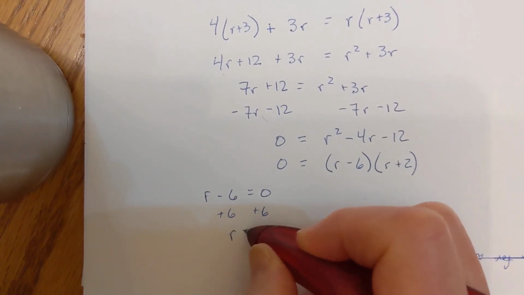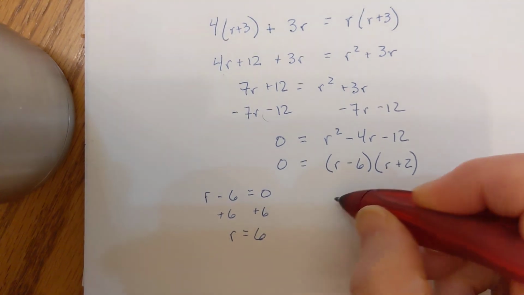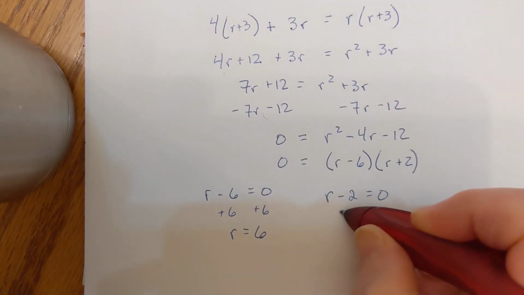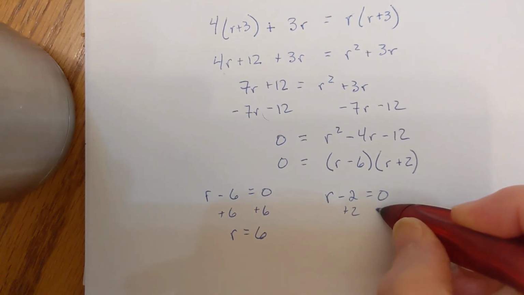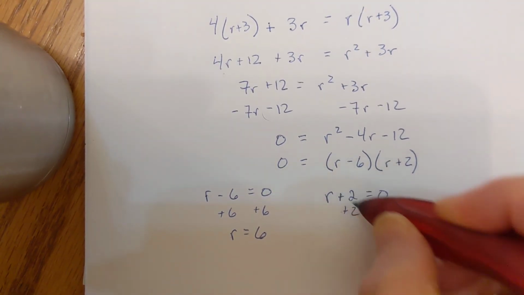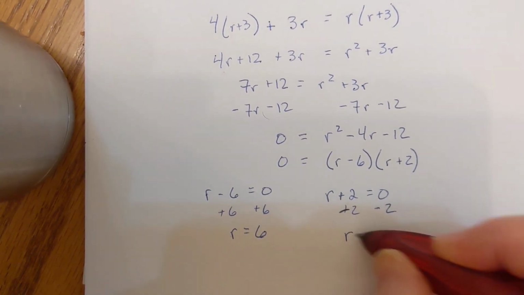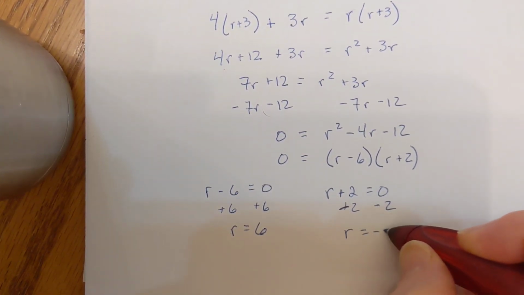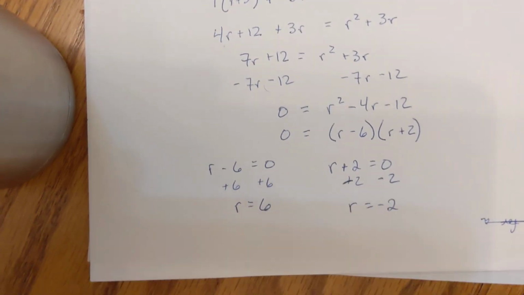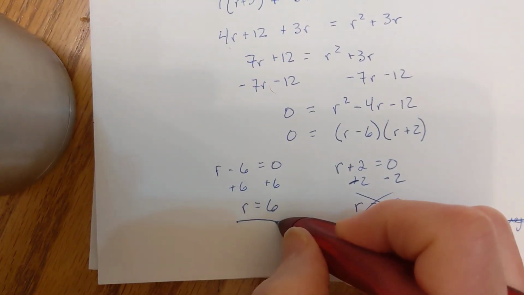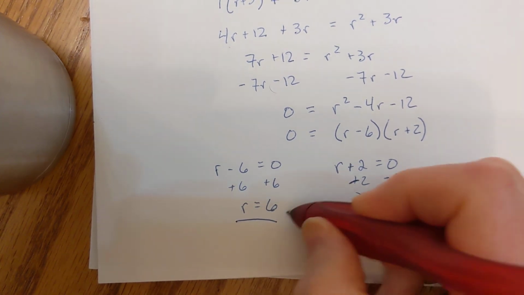Solving for R, I get R equals 6. Or R plus 2 equals 0. R equals negative 2. We cannot run a negative distance, so Jerry runs 6 miles per hour